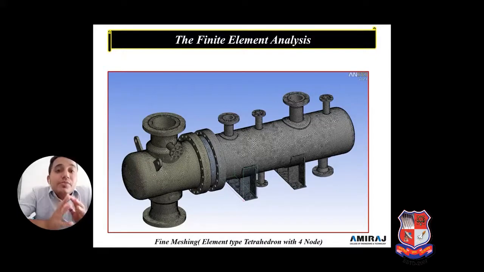Now for the finite element analysis, this is the most important part of any analysis steps. Here we are doing meshing. What is meshing? Meshing means we divide each and every component by selecting one standard element. Here the 3D model is there, and I am selecting tetrahedron meshing with 4 nodes, which means each small element has 4 nodes. You can observe a very fine mesh at any circle, at any point, on any plane surface.